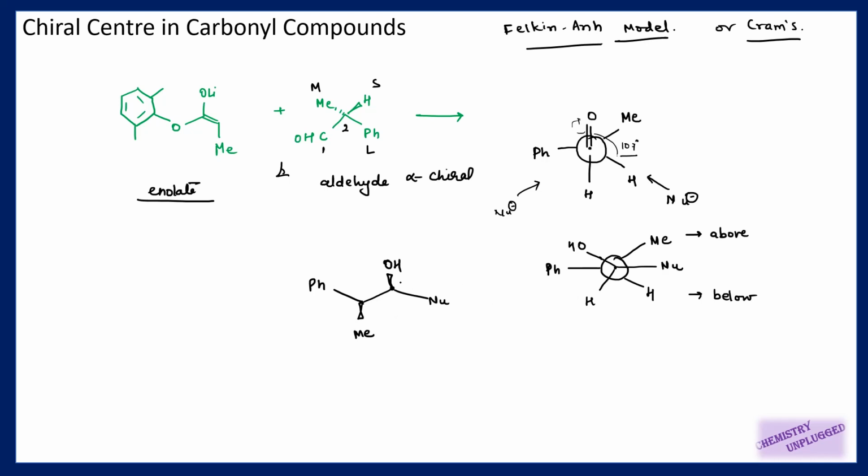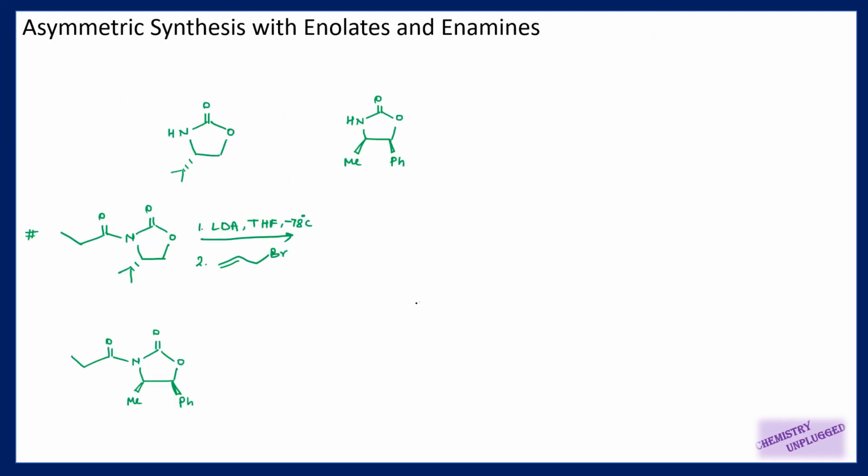Then these two protons are like this. Now if you want to rotate these carbons, you can rotate them easily, right? If you have any doubt about rotation, you can see my previous videos on the Fischer model or Kram's model, or you can ask me in the comment section, I will tell you.